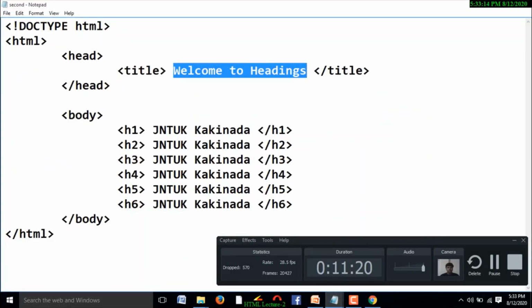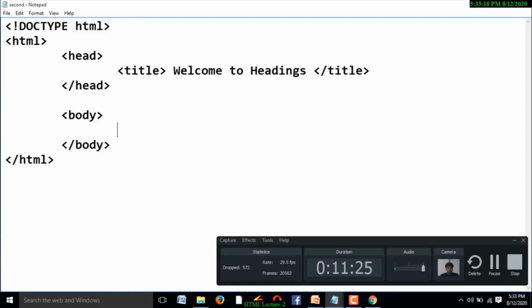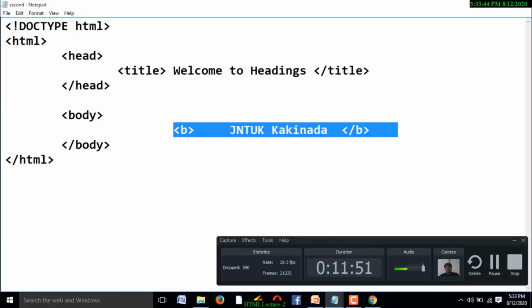The next tag is the bold tag. Here I am going to display the same content. Bold tag. What is the bold tag name? B. And here the content is the same, JNTUK Kakinada. And the closing tag, I already explained to you, embedded tags.